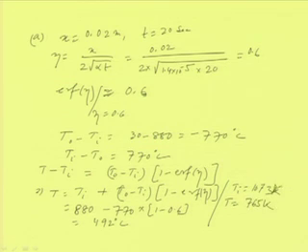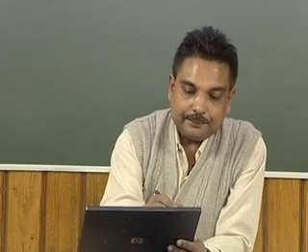So, we have to be very careful about that. If we put T i in terms of Kelvin, we will get this T in terms of Kelvin. If we put T i in terms of degree centigrade, 880, then we will get T also in terms of degree centigrade. So, this is the first part. Then the second part, B,